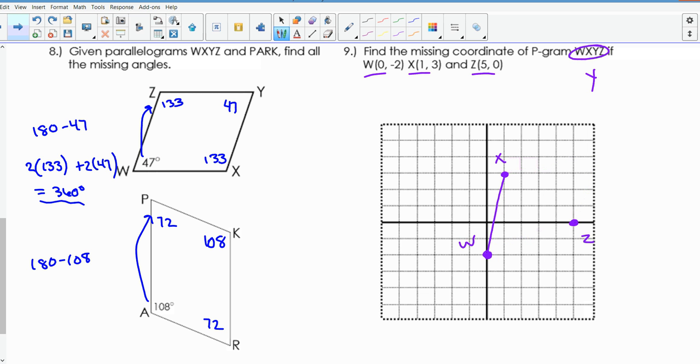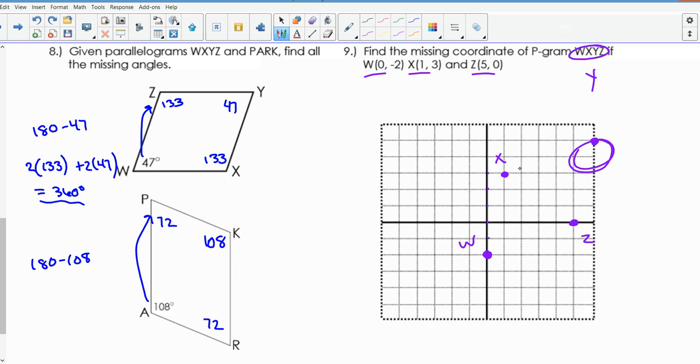So I'm going to erase this because we should be drawing this in, but let me show you then what you should be doing. If we understand that opposite sides are parallel, that means that I know my coordinate is somewhere over here. So if I look from W to X, I go up 1, 2, 3, 4, 5 over 1. So my slope is 5 over 1, which means then the slope from Z to my Y has to be the same thing. So if I go up 1, 2, 3, 4, 5 over 1,